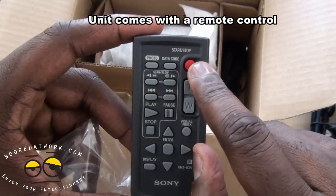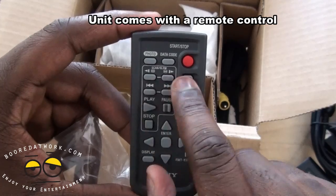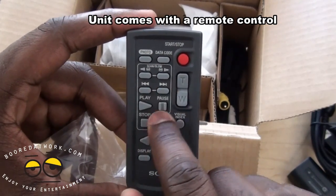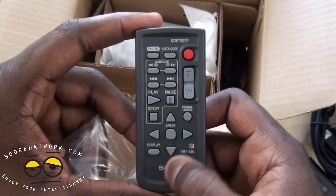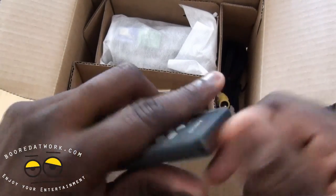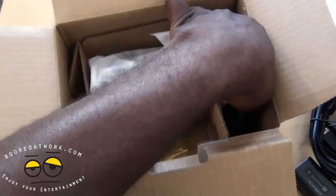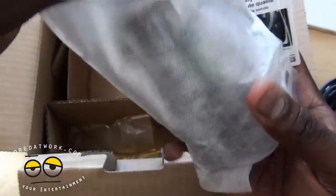It's got, of course, a power button, or actually that's the start/stop, photos, data code, scan through. You've got your back and forward buttons, play, pause, stop, zoom back and forth, a directional pad, display, visual index. Of course, we have to pull this out so the battery's all in tune. That's on the side here. What else do we have in the packaging? We've got, of course, component cables, and finally, yes, here is our Sony